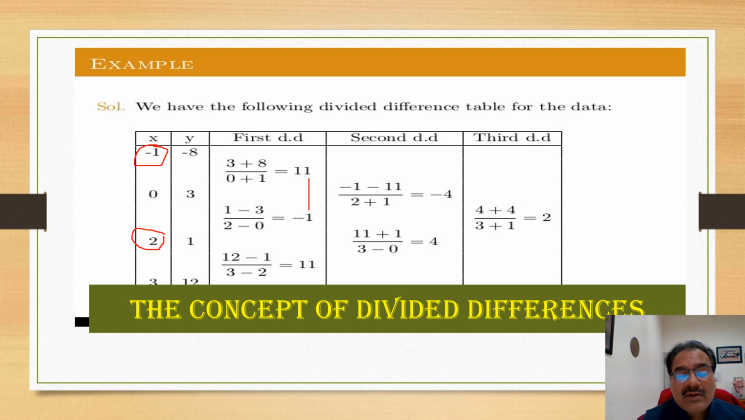Similarly, here 11 plus 1 divided by 3 minus 0 gives 4. Now from here to here, the value will be 2. So you will get the third divided difference, and the value is